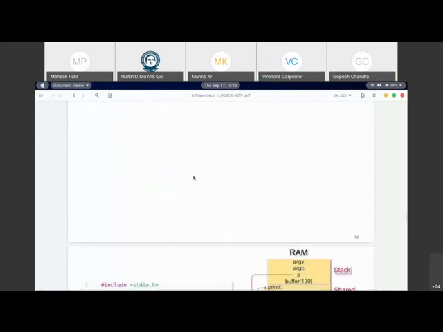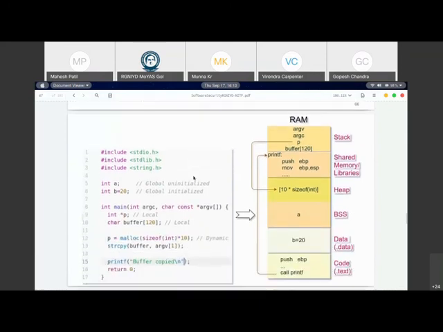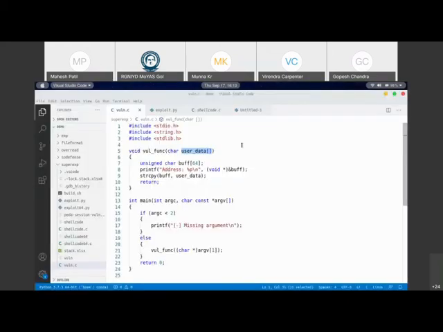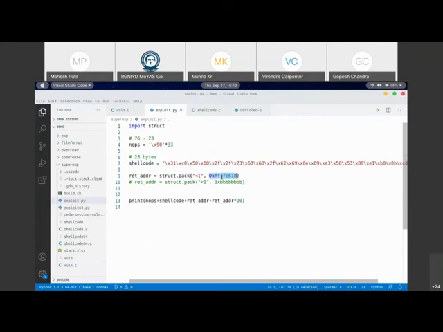When you talk about ASLR, as we remember, every program, when it's loaded in the memory, has these sections, right? These sections are put into specific locations in the memory. So what the OS does is, every time you execute the program, it puts it at a different location so that the attacker cannot guess these addresses. If you remember, we were trying to find out these addresses. If this address is not correctly found, we cannot execute our shell code.